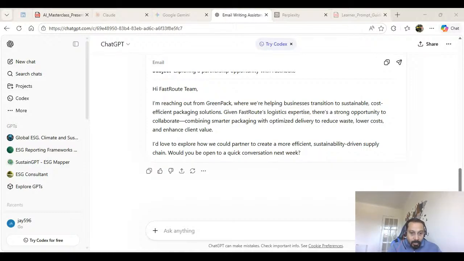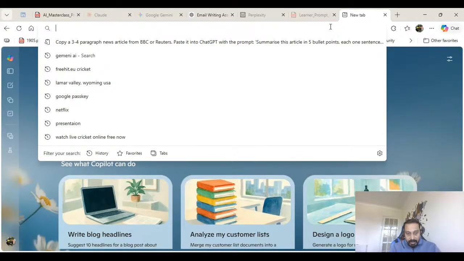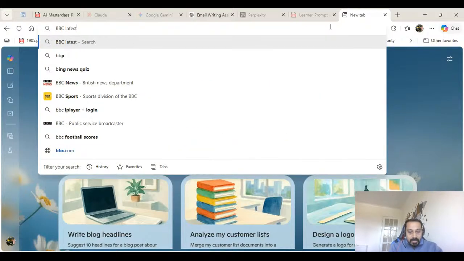So I will open any kind of news article from BBC or Reuters, so that I can copy the article. What we are going to do is copy one of the articles, and let's see what the summary of that particular article is. I will give the prompt accordingly, and then it will give me the detailed summary. So let's see the BBC latest article